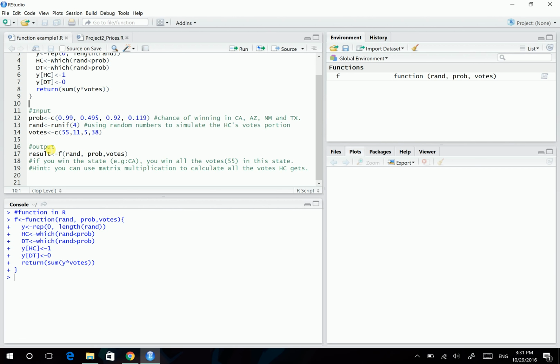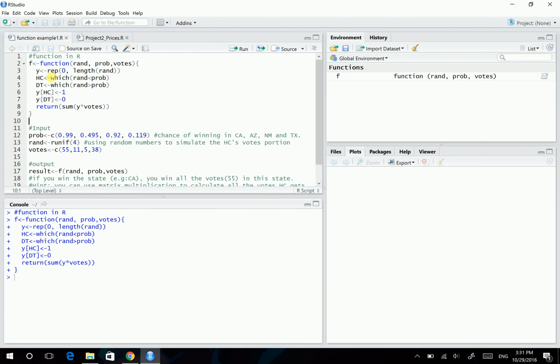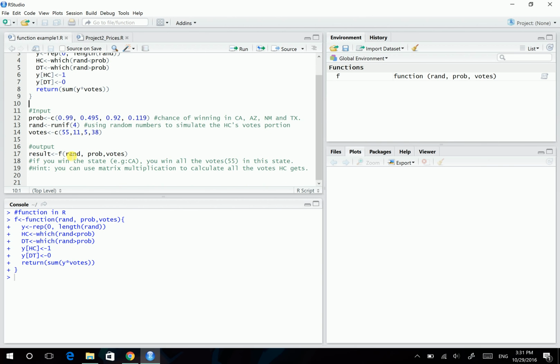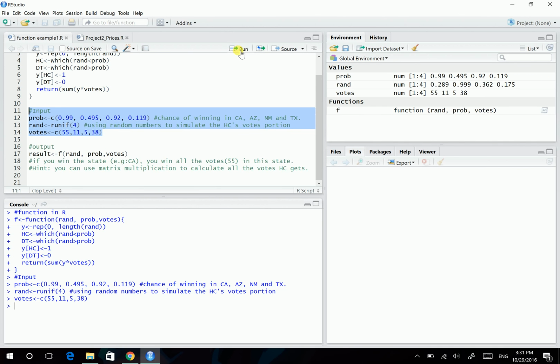The output is using the function here. The f is the name of the function, so f. Then you tell R the inputs: random numbers, probabilities, and votes. So let's run this input first. Now we can see the random numbers here are 0.289, 0.999,